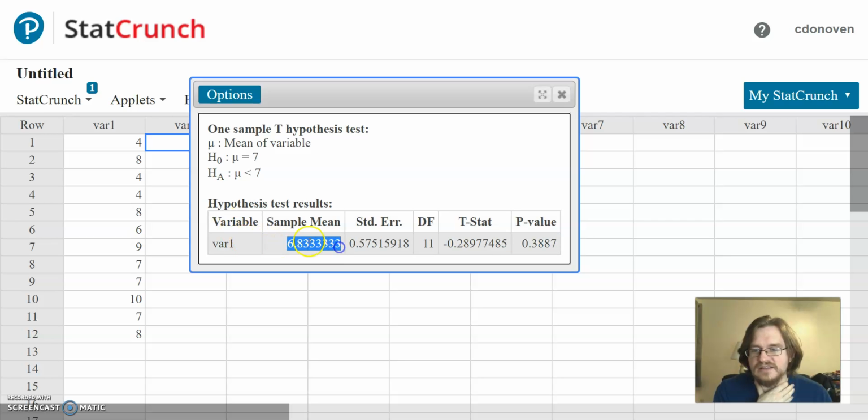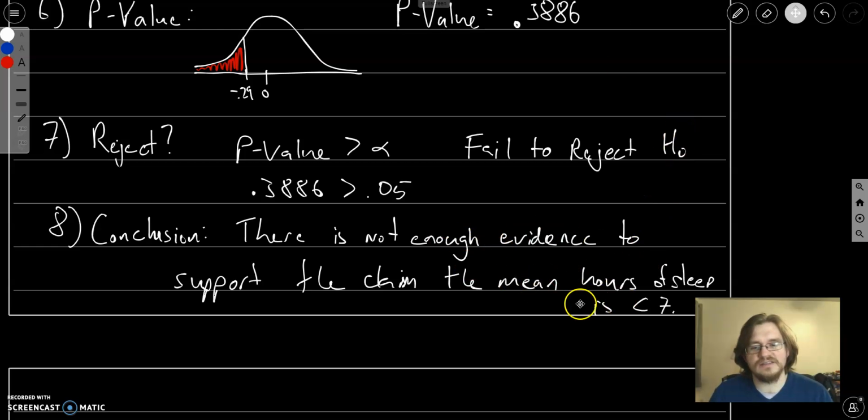And what we find is that our sample mean is exactly what we were told. We have the same degrees of freedom. Our t statistic, negative 0.28977, will round to three decimal places to negative 0.290, which is what we found. And our p-value is exactly the same. So since our p-value is greater than our significance level, we fail to reject the null hypothesis, so that there is not enough evidence to support